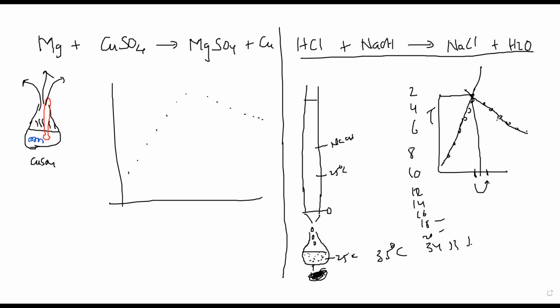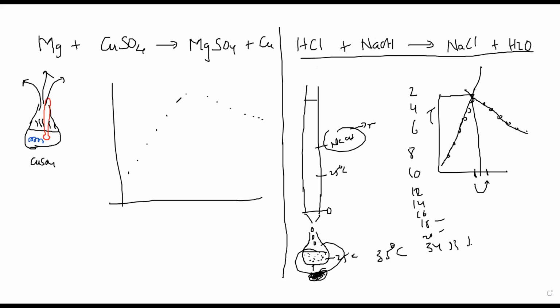Here it is decreasing. Why? Because I'm adding cold drops now. I'm adding the NaOH, which is at low temperature, to a solution which is at high temperature. So of course the temperature of the mixture will drop. It's because of a different reason. Another thing, here I'm adding NaOH in small portions, not all at once. Here I have added everything at once. But the reaction is taking time. Here, magnesium plus copper sulfate, the reaction is time consuming, a slow reaction. Here, the reaction is not slow. Instantly, the moment I dropped, the reaction is done.